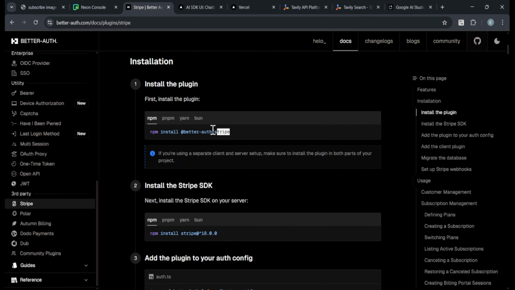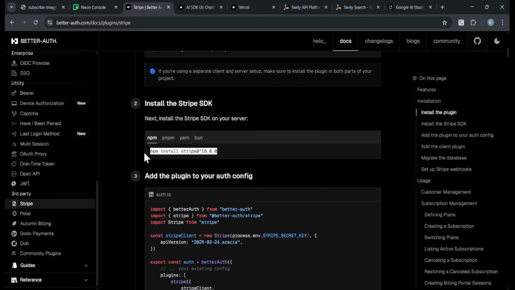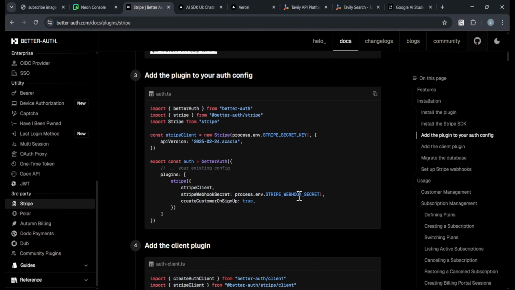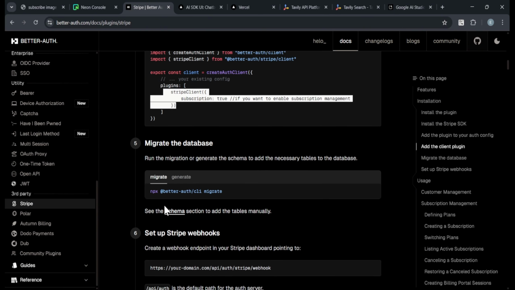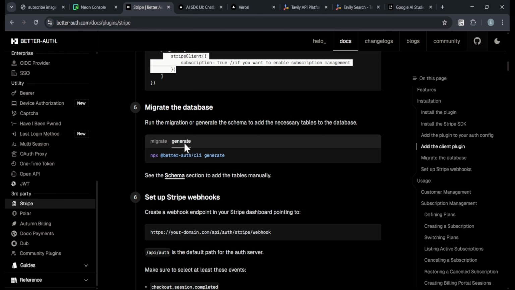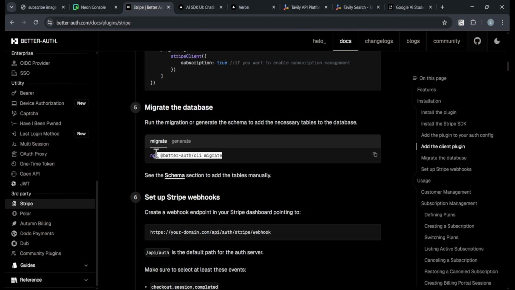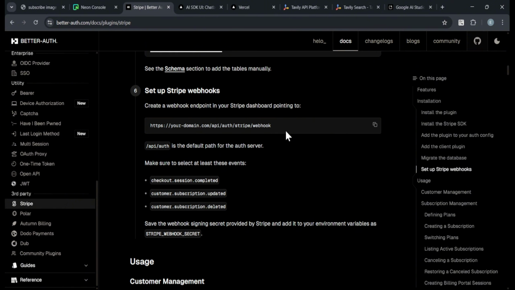So the first thing we're going to do is to install BetterAuth Stripe, and then we're going to install Stripe. You're also going to get the Stripe secret key, and then we're going to get the Stripe webhook secret. Here we're also going to add subscription to the client, and then we can migrate, and this is going to create the subscription model in our schema, and then we can also create a Stripe